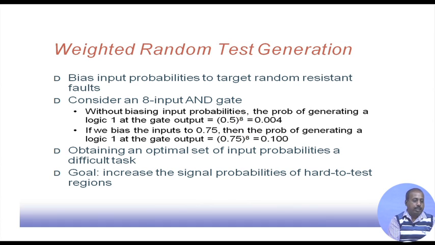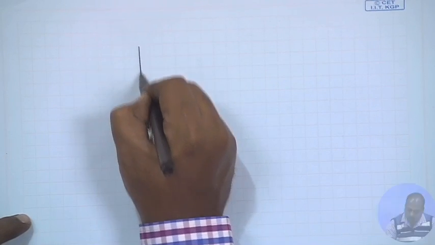If we are trying to check the probability of getting a logic 1 at the gate output, that is 0.5 to the power 8, which is 0.004. So, if we are trying to check a fault which is the AND gate output stuck at 0, for that 8 input AND gate output stuck at 0,